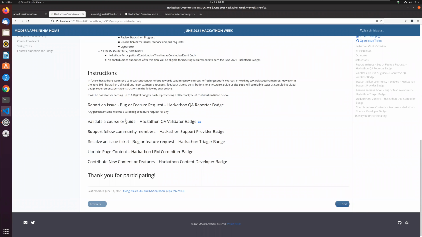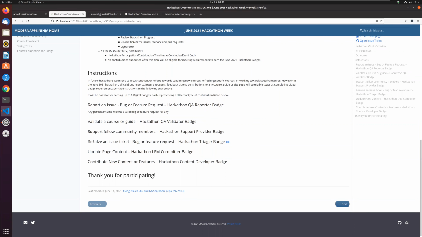And support fellow community members. Again, that is anything you do to support a fellow community member, resolving any type of question they have, wherever it may be, whatever format it may be. If you help somebody answer a question about the community, about the hackathon, about the hackathon activity, or about getting through a course, or anybody who asks any support-related questions for help, in any format, it could be looking through existing issue tickets to see if there are any support requests.